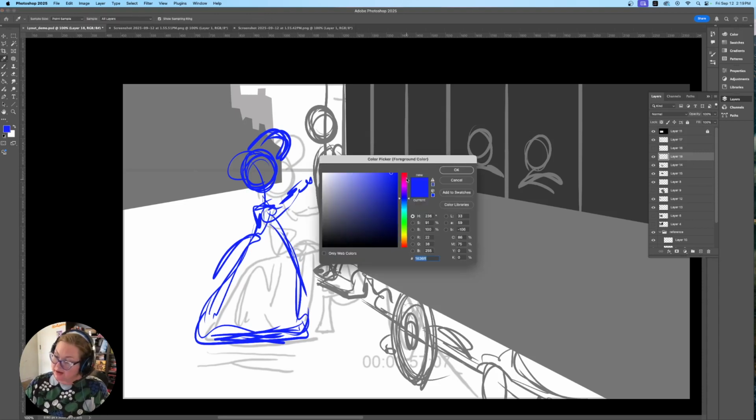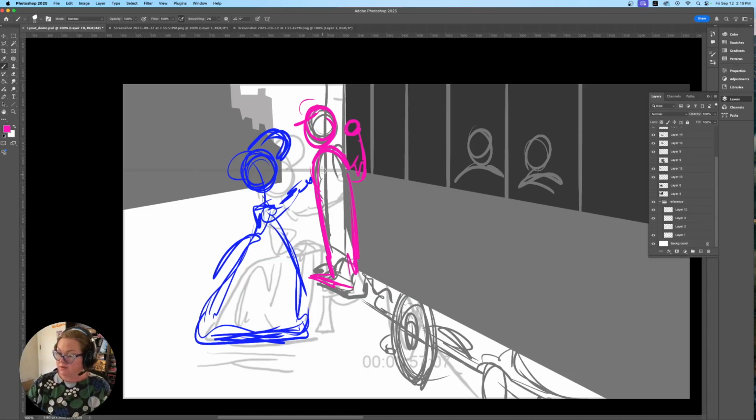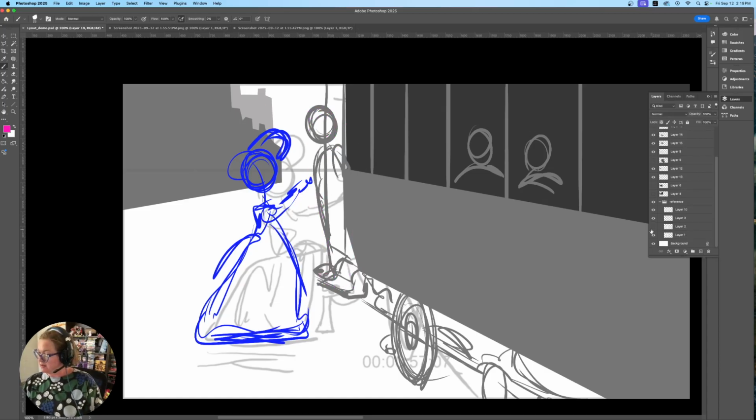I'm going to make him a different color. So again, he has two poses. He's helping her up, and then the other one is